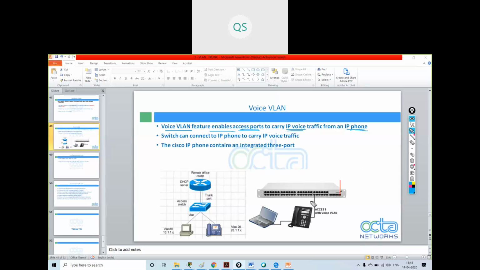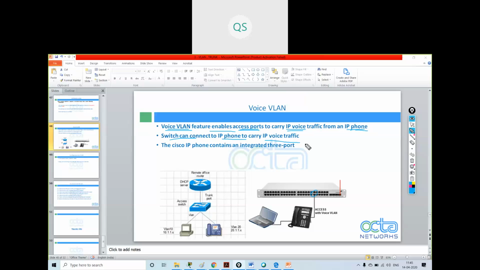So suppose I've connected one IP phone on this port. Then this port will carry the voice VLAN information. We have to create a voice VLAN. Why do we need to create a voice VLAN?